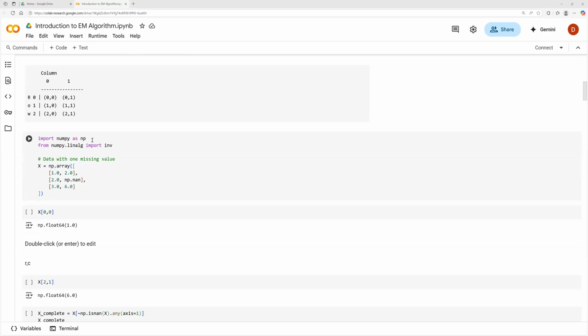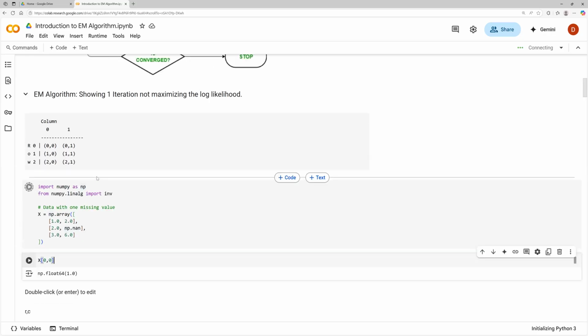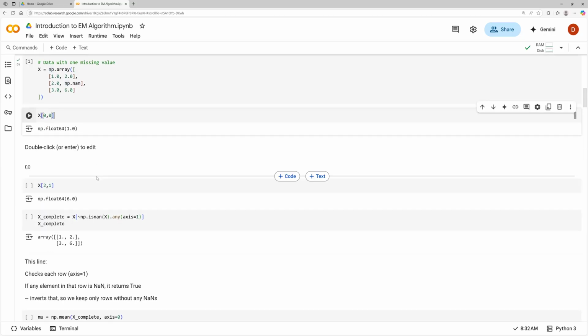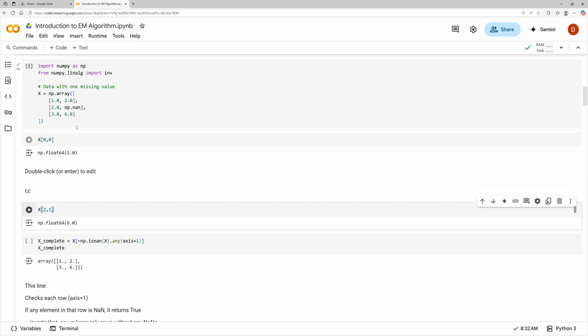So let's start off with a matrix, and we see that we've got a missing value. Where is this missing value located? This column is 0, this column is 1, and the rows are 0, 1. So it's at index 1, 1. Here we see that 0, 0 is 1. Now if you go to 2, 1, just to check our logic again, it would be 6,